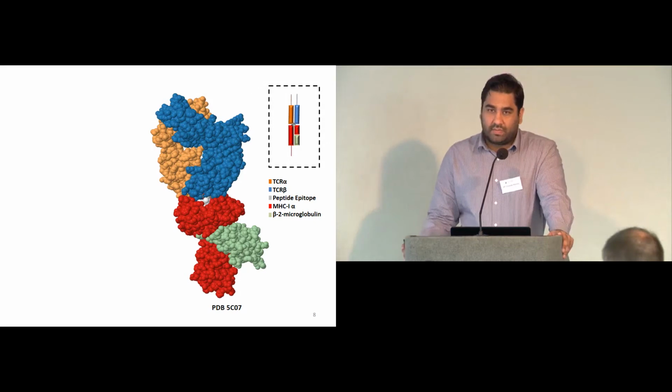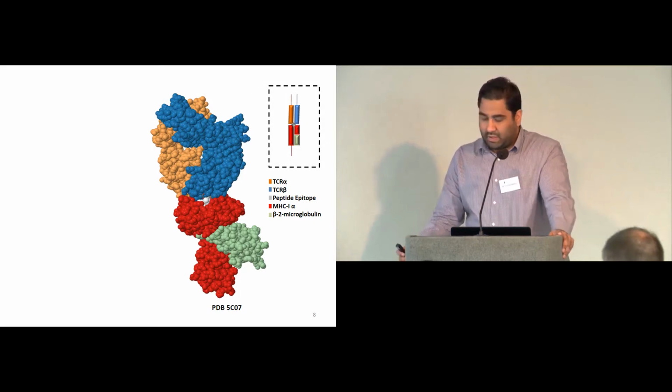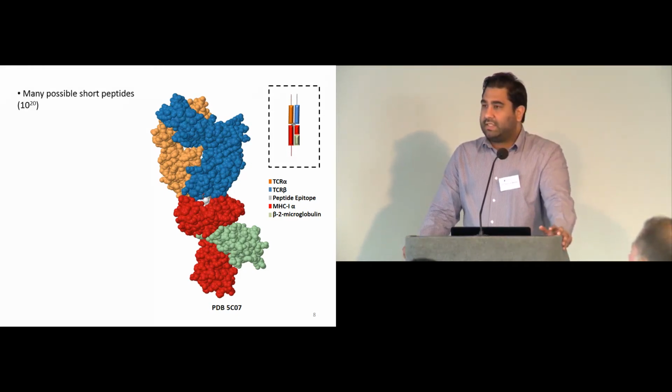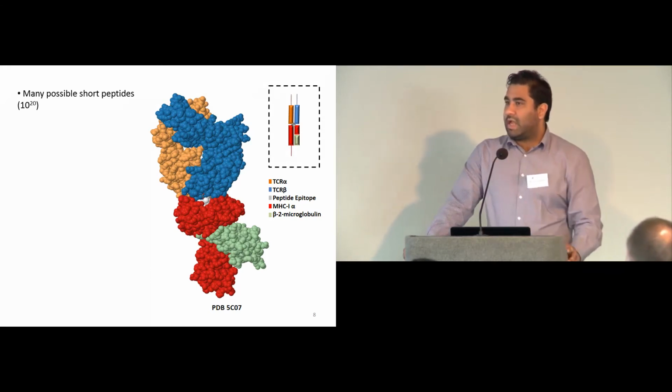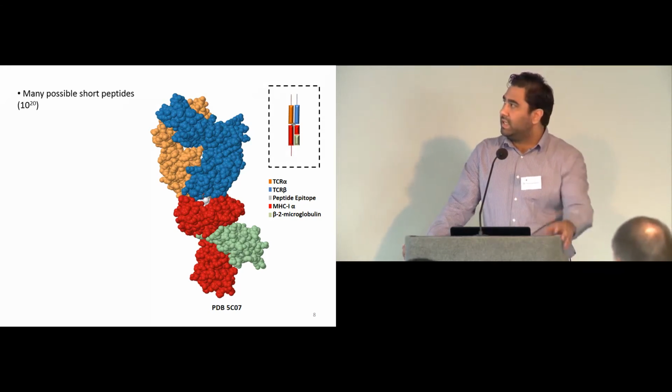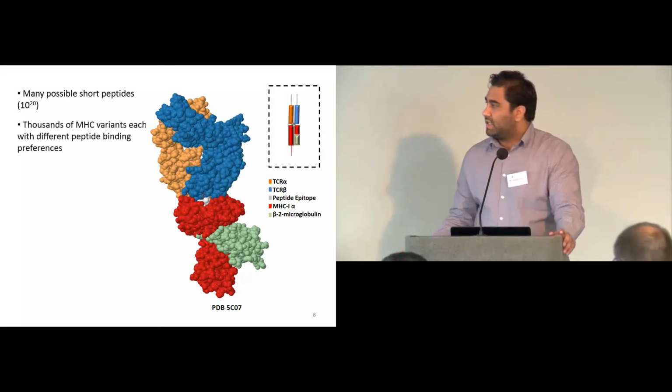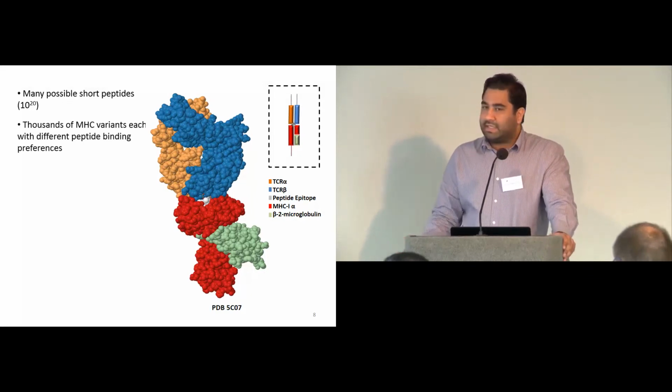This epitope can be one out of an immense number of possible short peptides. So the first challenge in doing T-cell antigen discovery is to figure out how to sensibly search this enormous peptide epitope space. Secondly, this peptide is, as I mentioned, presented in the context of MHC class I molecules, which